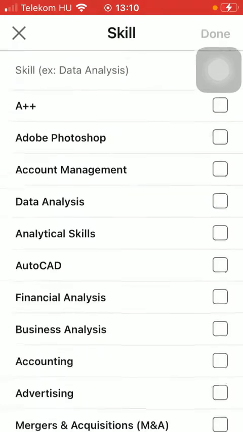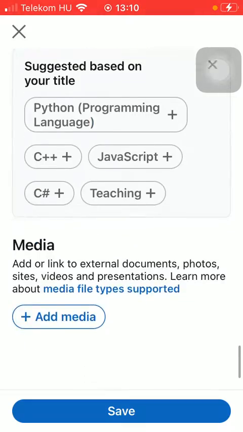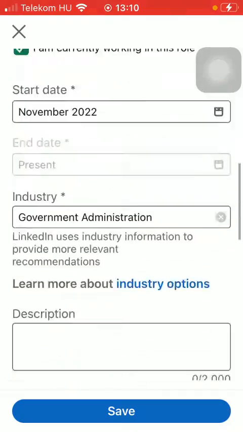As you scroll down, you can also add your skills, so put the check mark icon into the relevant box, then tap on the save button, and